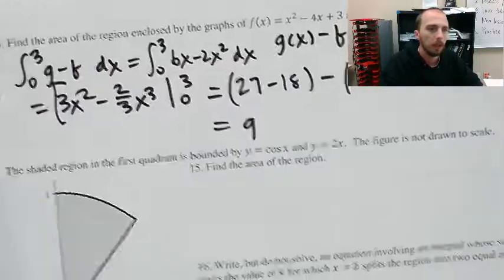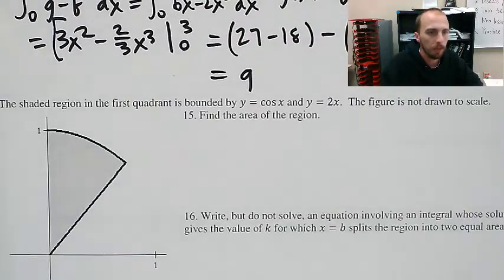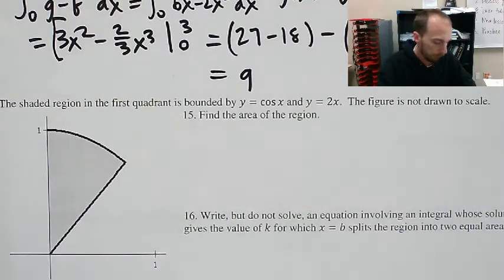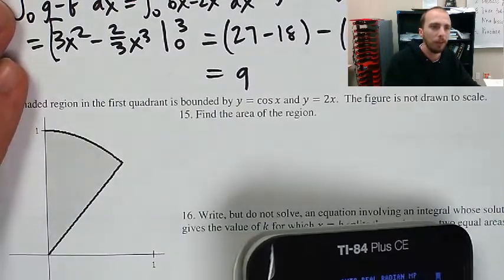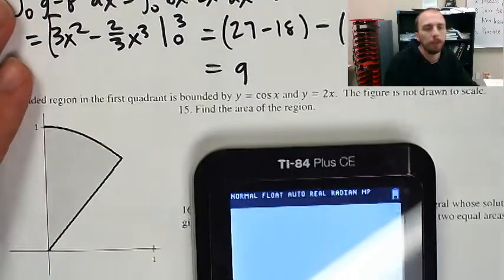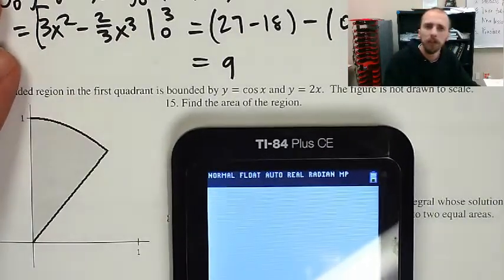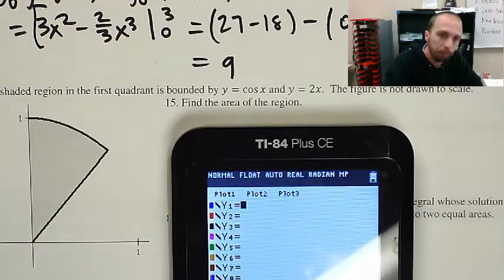Okay. The shaded region in the first quadrant bounded by cosine of x and y equals 2x. Figure is not drawn to scale. Yeah, because if you look at the old versions, the quiz I used to give on this topic, you'll see that I used this one figure for a few different scenarios. I think I might have said it was y equals x, might have said it was like y equals 3x, you know, all those different things. Slightly change it up, right? So, but what we need to do is